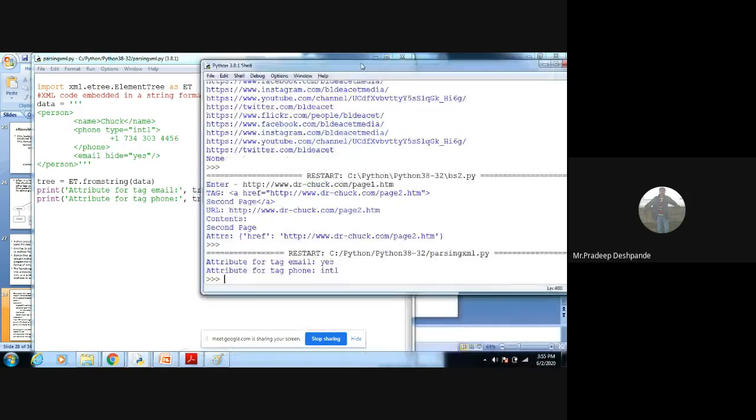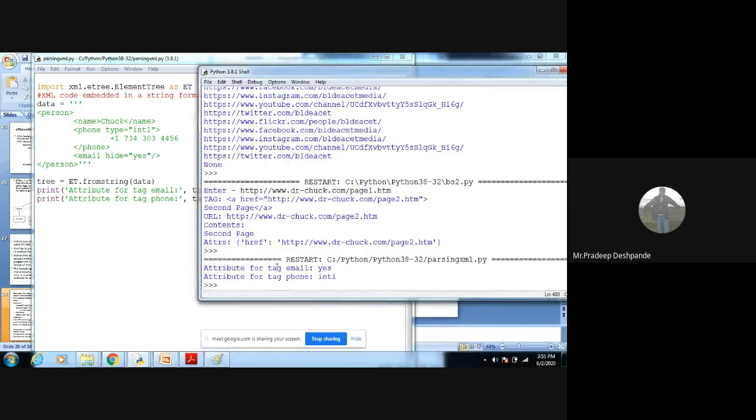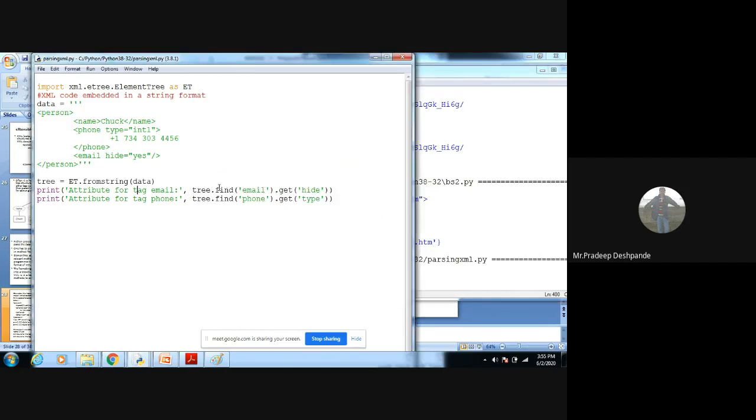Yes, there is an email tag available inside our XML file and it is hidden. You can see this line, tree.find('email'): find the email and get the attribute of hide. What is the value of hide here? Yes, that is the output. Whatever value of hide is there, that will be the output.